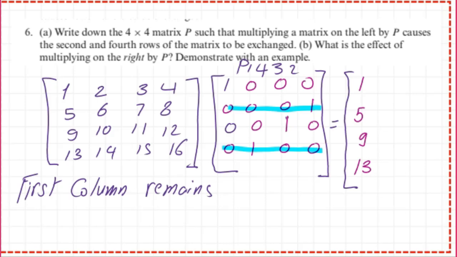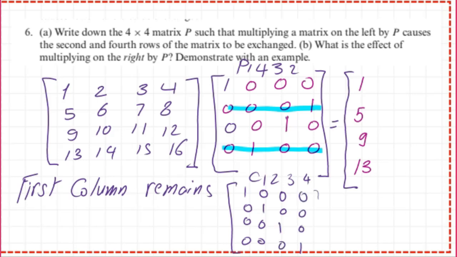Let us write it like this. The normal position, we keep permutation. Let us call it C1 2 3 4. So we have 1 0 0 0, followed by 2 0 1 0 0, followed by 3 0 0 1 0, followed by 4 0 0 0 1. If you multiply this matrix, which is the identity matrix also, there will be no change, and AI equals A. But what happened is that 1 0 0 0 multiplied by 1 5 9 13 will lead to the same column.